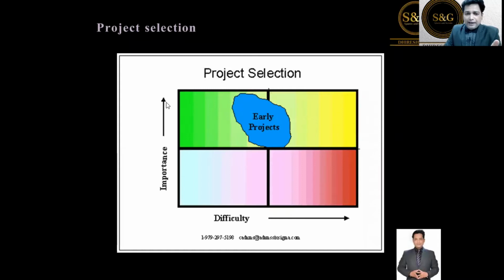So it should not be a very easy, simple project, because Lean Six Sigma requires a skill set which is advanced in nature. There are certain basic and advanced statistical tools involved. There are certain communication and project management tools involved. So we are spending more resources, and those resources should not be used for trivial projects. Are you with me? Trivial projects.